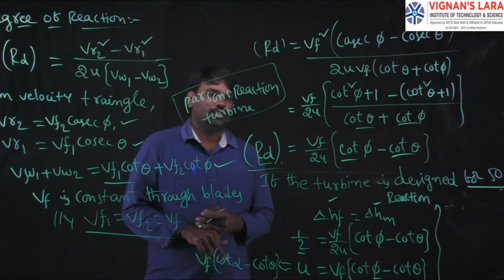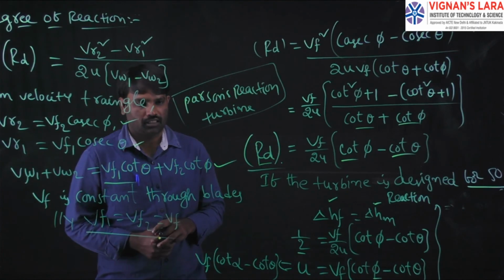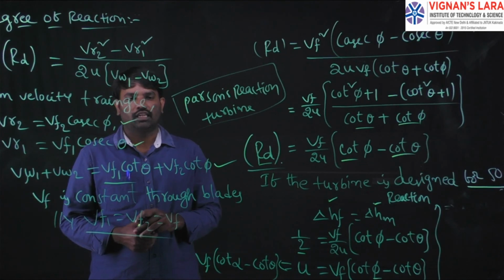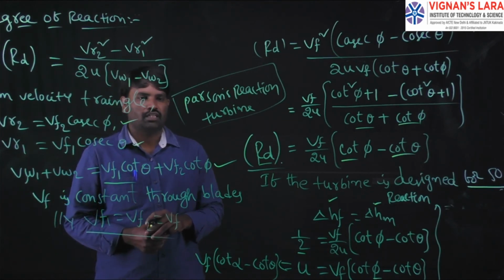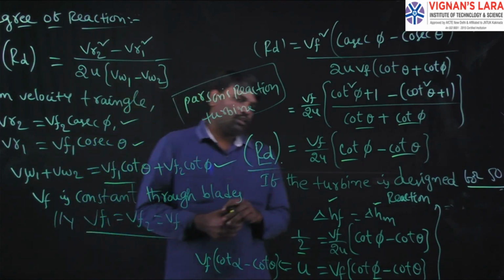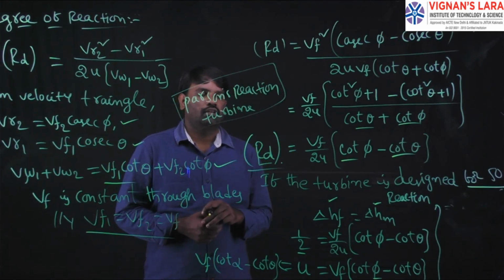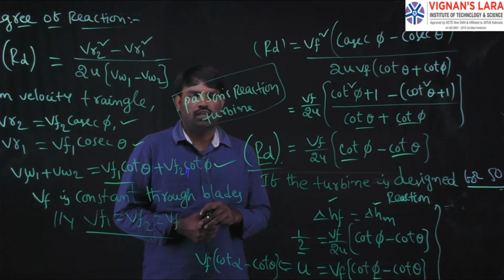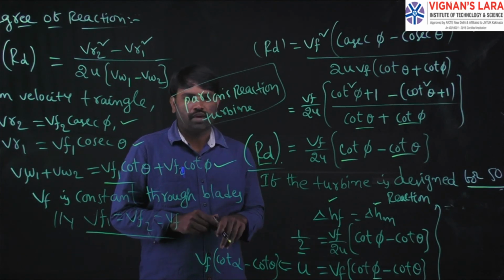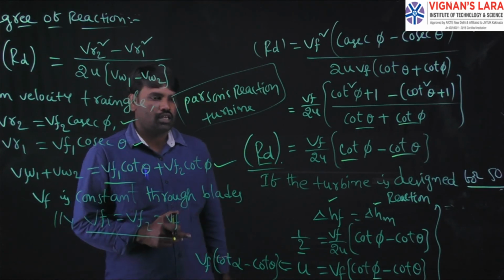After drawing the velocity triangle for the reaction turbine, you can easily calculate many parameters. The work done by the reaction turbine, the efficiency of the reaction turbine, and the stage efficiency and diagram efficiency can all be calculated. In that manner, you can easily evaluate the performance of the reaction turbine. In the next session we will see the condition for maximum efficiency of the reaction turbine. Thank you.